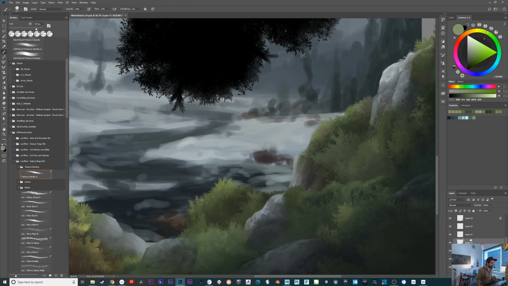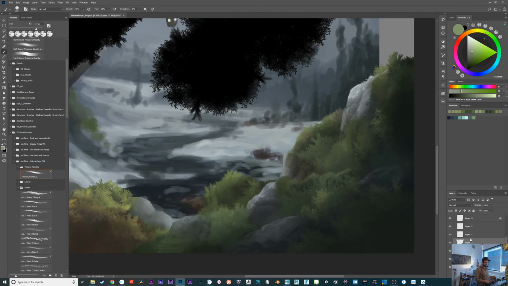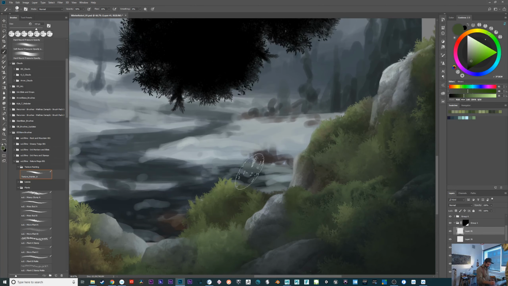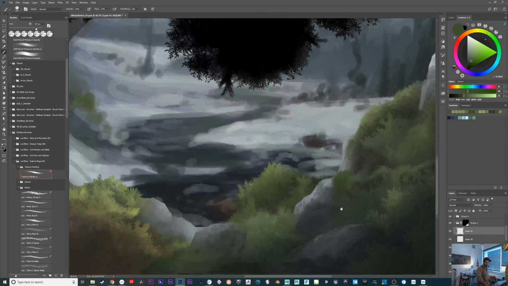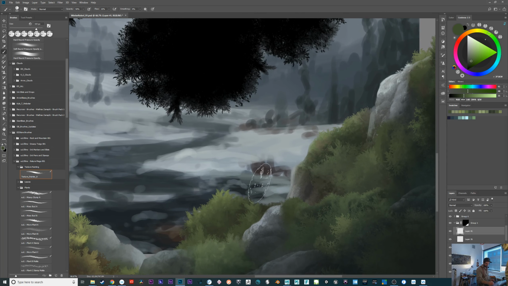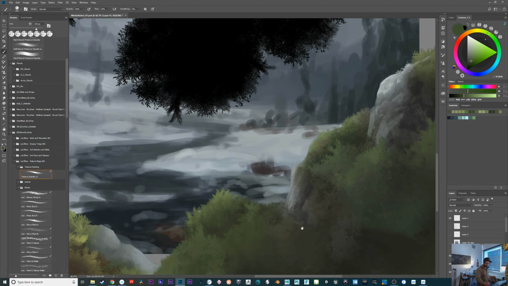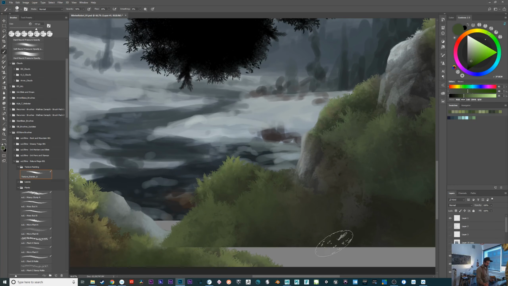Might be a noob question, but what is the difference between tool and brush? Oh, it's not a noob question at all. I actually just figured that out more or less recently. A tool comes with a lot of settings. I think the difference between tools and brushes is becoming a little more obsolete in the later versions of Photoshop, because basically what happens now is that when you create a brush,